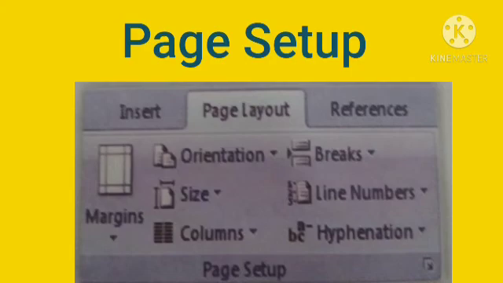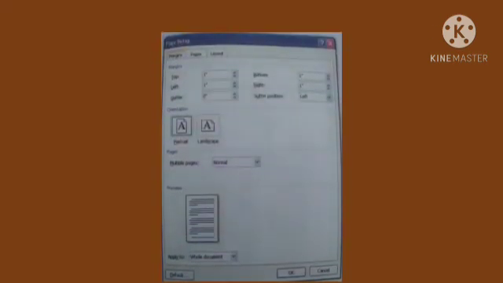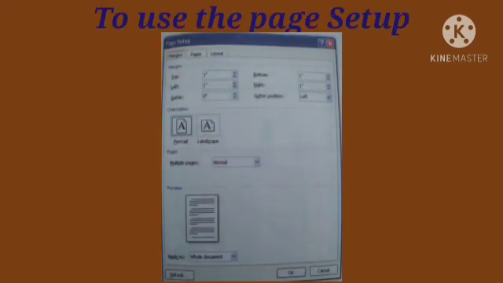It prompts you to leave an even space on all the four sides of the document. We insert the text and graphics in the printable area inside the margins. Word provides all these options through page setup. With page setup, we can select the margins, format and type of layout for the document. Now students will learn to use the page setup.